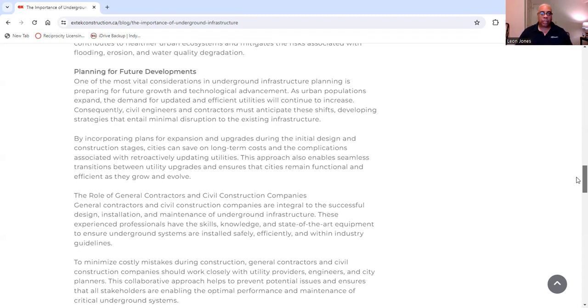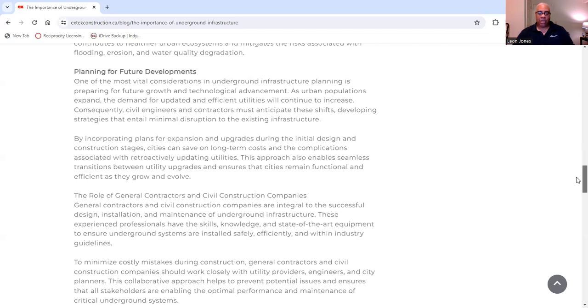So, consequently, civil engineers and contractors must anticipate these shifts by developing strategies that entail minimal disruption to the existing infrastructure. So, by incorporating plans for expansion and upgrades during the initial design and construction stages, cities can save on long-term costs and the complications associated with